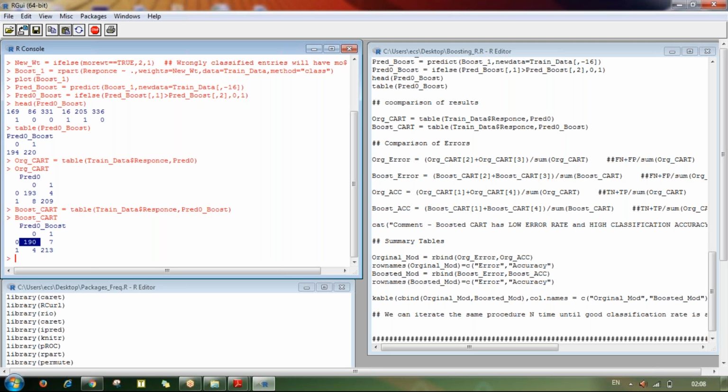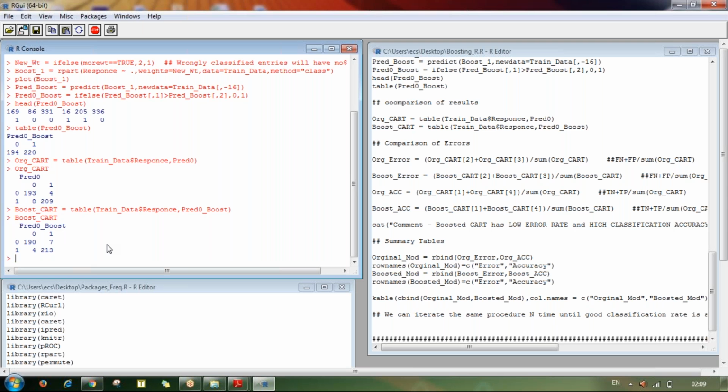They are 190 in number, which is lesser than 193 predicted by our base algorithm. And the number of instances correctly classified as approved with a credit card is 213, which is more than 209